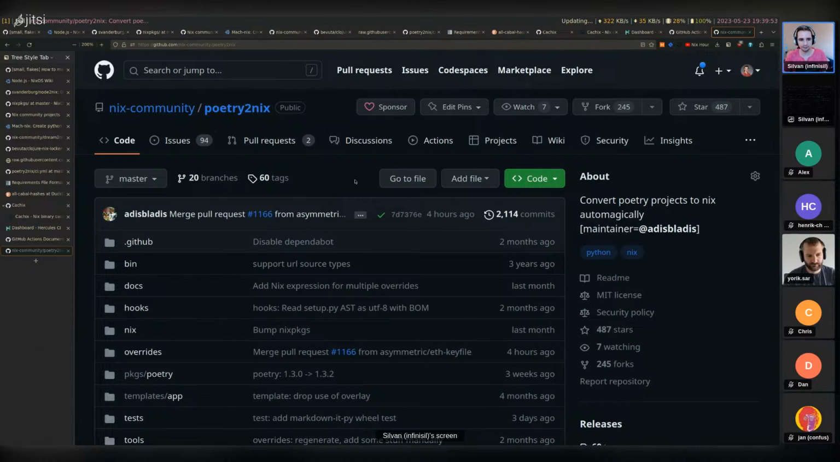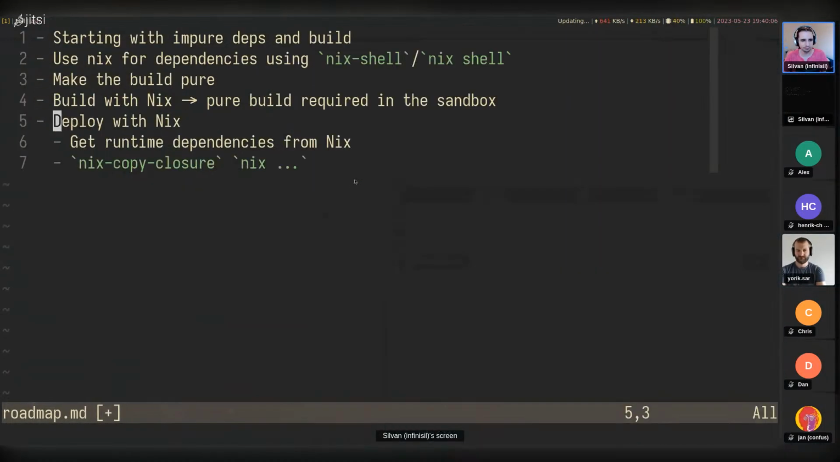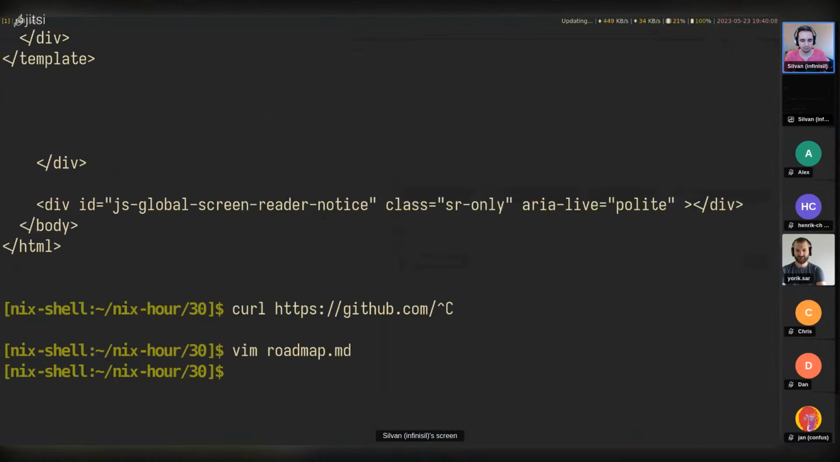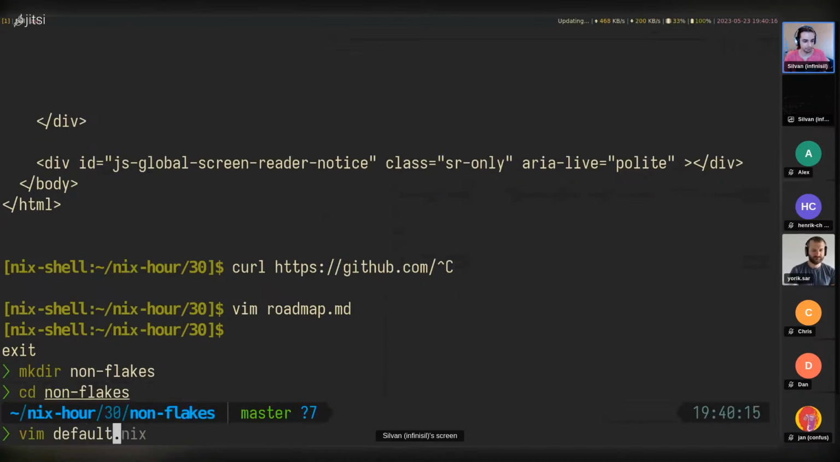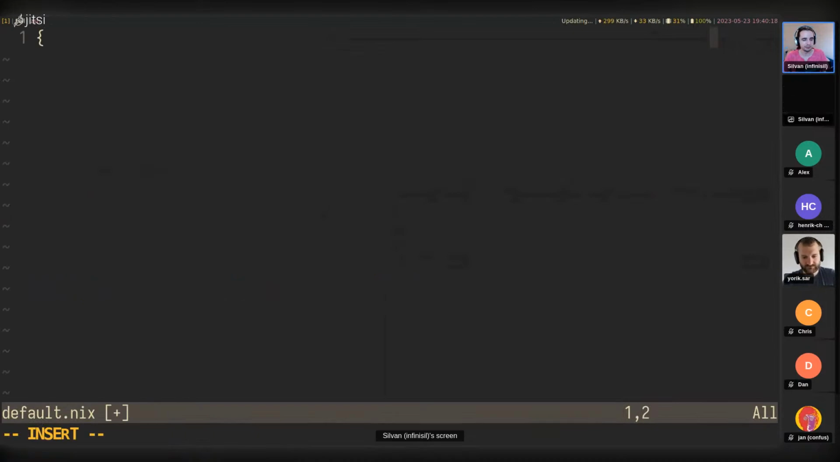So flakes is trying to go into more standardization in the Nix world. And that is mainly achieved by having its own standardized input and output scheme. Well, let's first talk a bit about how it would be done traditionally. So let's make a non-flakes example. Generally you would do something like this, where I want to now declare my build,